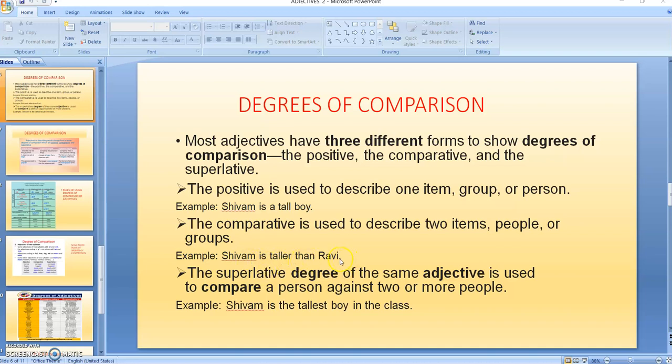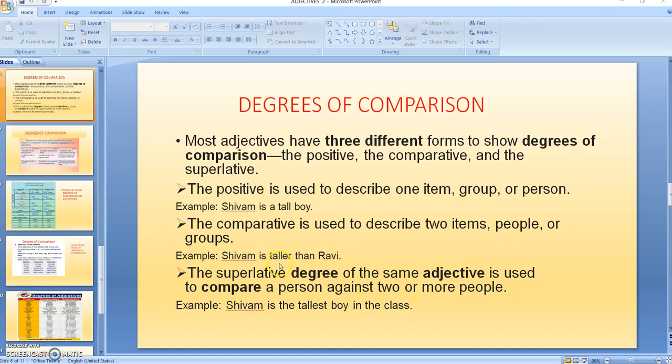And lastly, we come to the superlative degree. The superlative degree of the same adjective is used to compare a person against two or more than two people. So when we are comparing something with more than two, then we make use of the superlative degree. The same example now changes to Shivam is the tallest boy in the class.